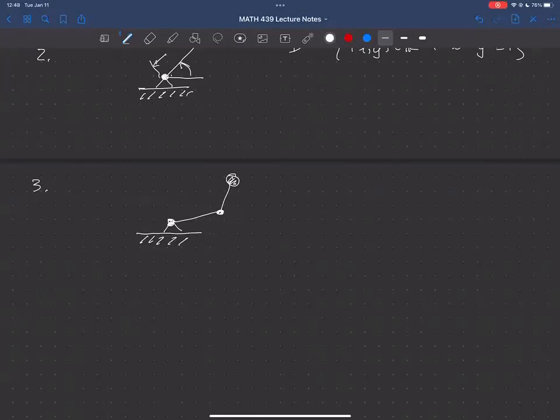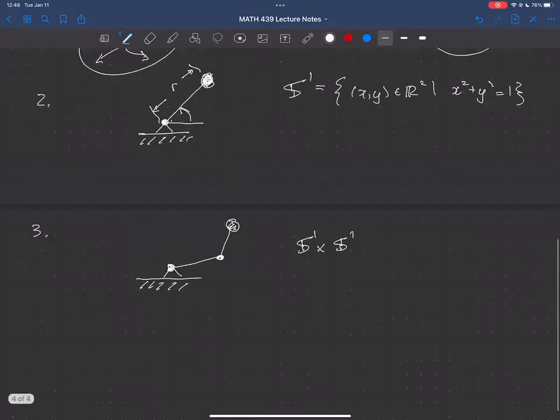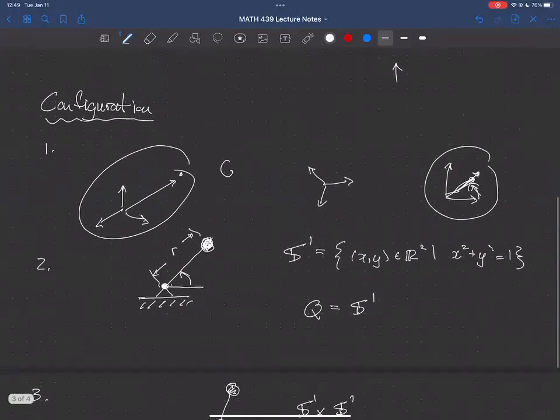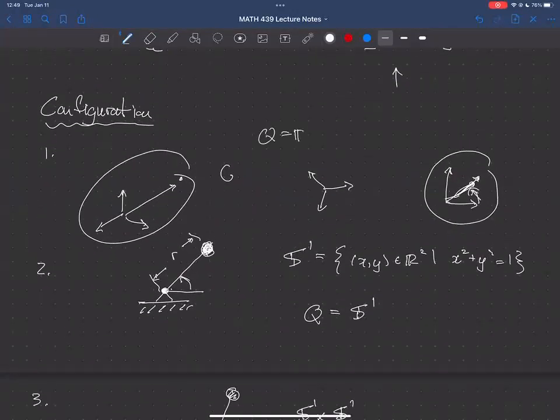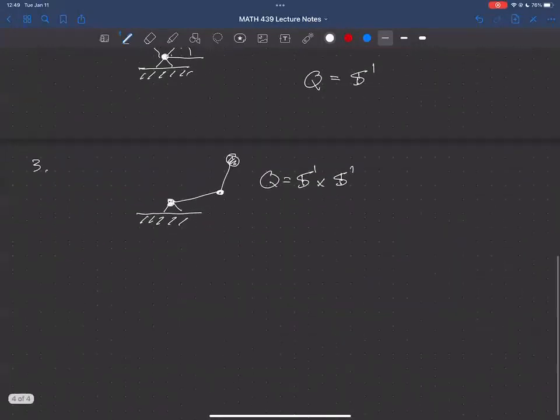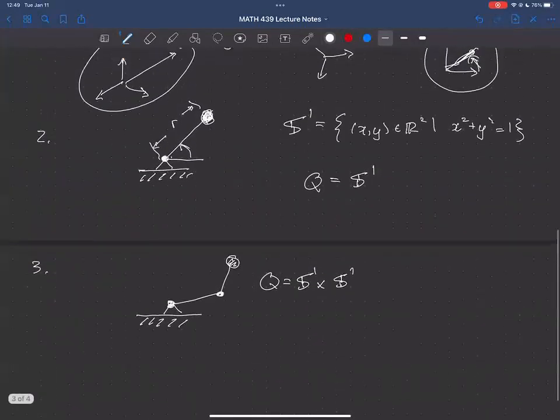A circle across another circle. Exactly. Okay, so it's going to be S1 cross S1. And so we normally write the configuration space of a system as Q. Here we decided that Q was S1. Here we decided that Q was R3. And here we decided that Q is S1 cross S1. So good. So these are simple examples, and these